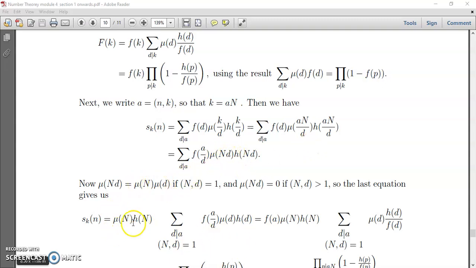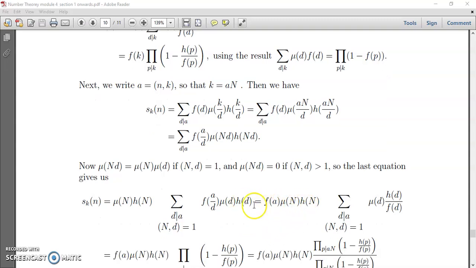So this mu of n is taken outside, and from here mu of dn h of n is also taken outside, and the remaining terms are sigma d divides a n, gcd of nd is equal to 1, f of ad mu of d h of d, and this is f of, here again we use f of a by d can be replaced by f of a by f of d. So this f of a is taken outside, and f of a mu of n h of n sigma d divides n, and gcd of nd is equal to 1, mu of d h of d